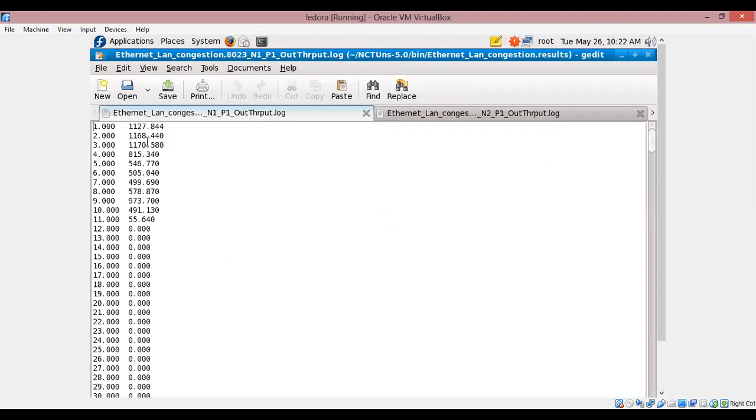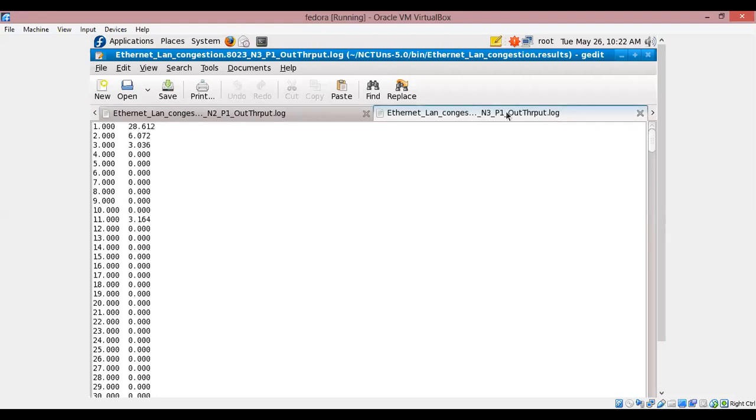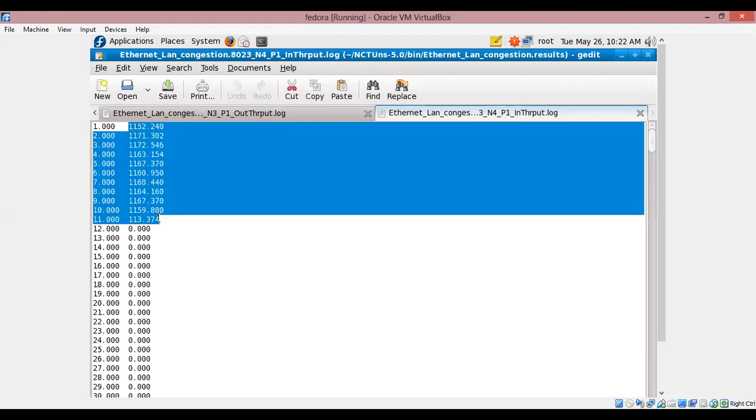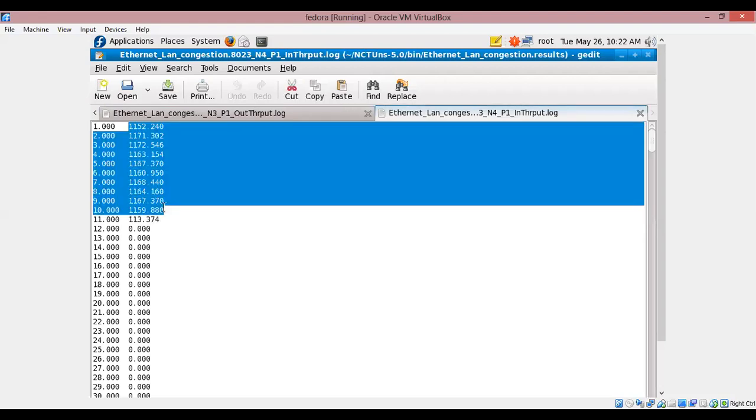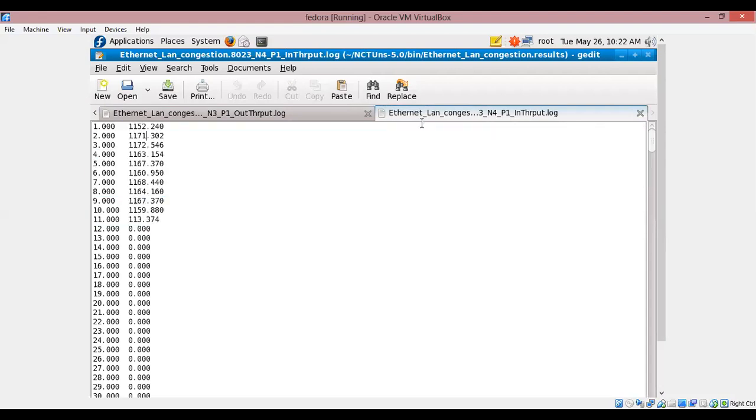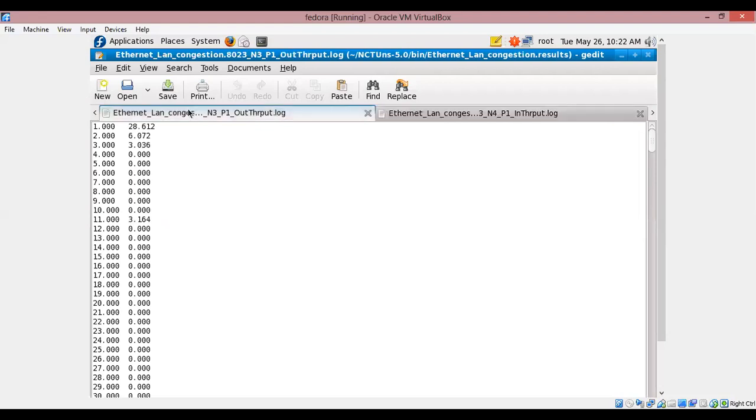You can see a drastic reduction. See this? It was initially high and then it is reduced. That was sender 1. Sender 2, initially it is less and then random, right? Sender 3 is really less because it is TCP, correct? And then the output is like this. This is lesser than the output which we have seen in the previous experiments, where there was less congestion.